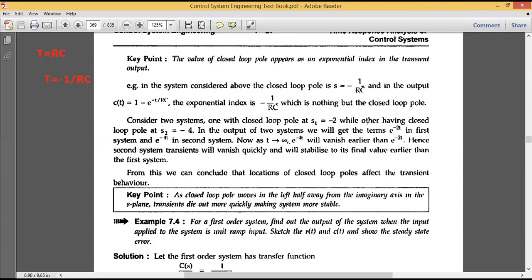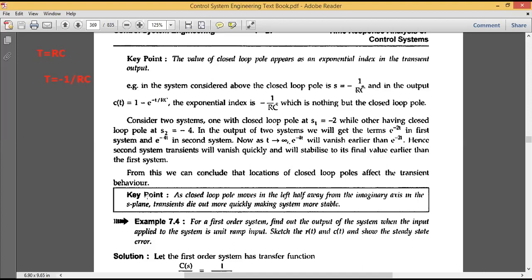Therefore, the conclusion for the closed loop poles is that the location of the closed loop poles affects the transient response. The more poles there are, the more your exponential will change. The fewer the poles, the more your exponential will be limited. Based on the number of poles, it can be 1 pole, 2 poles, 3 poles, or n poles. Based on those poles you can define your transient response behavior. That is what we need to study here.